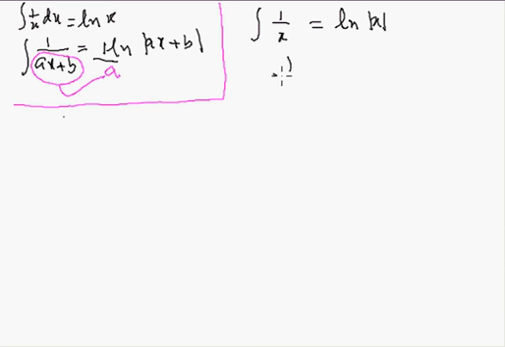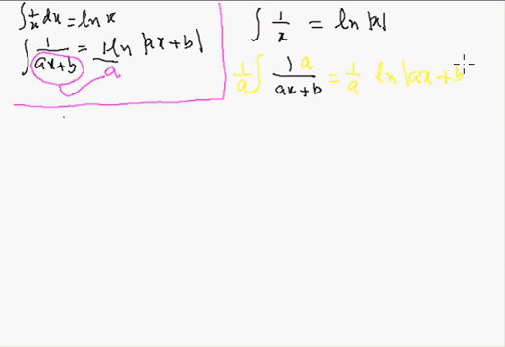For example, what is the derivative of the denominator here? The derivative of the denominator is a. I don't see it here. What I can do is that I can create it here. If I put an a here and divide this expression by a, thereby not changing the original expression, now I can see the derivative of the denominator in the numerator. So the formula then becomes, this expression comes as it was, and now I can write ln of